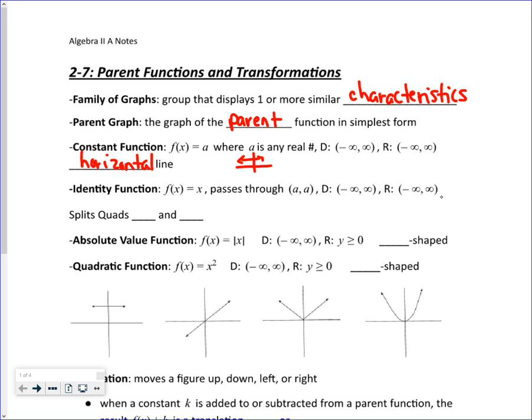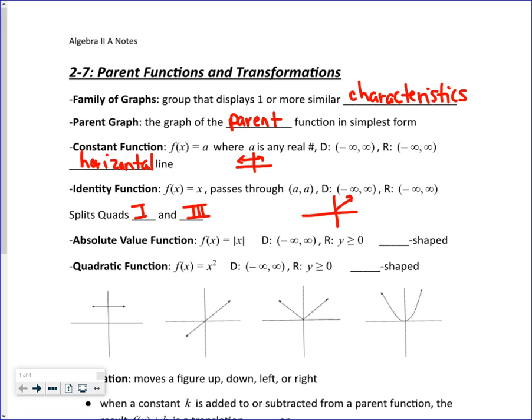I didn't type this one up, and I don't have a blank for myself. So we'll come... Oh, no, I have it right here. Just kidding. 1 and 3. I was right. Sorry. Quads 1 and 3. I'll show you what I mean in a picture. So if we have... Which one was this? Identity. If we were to graph that,